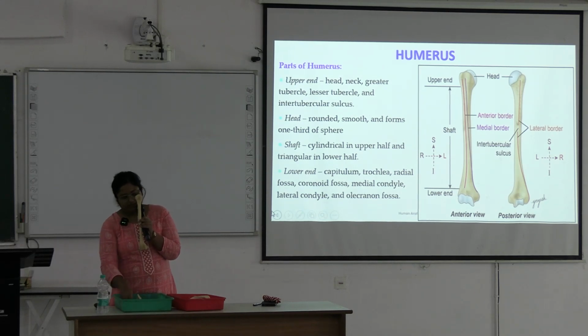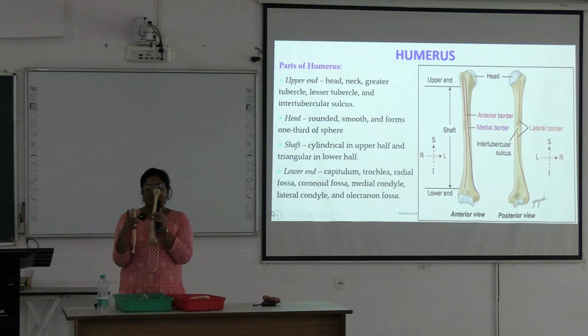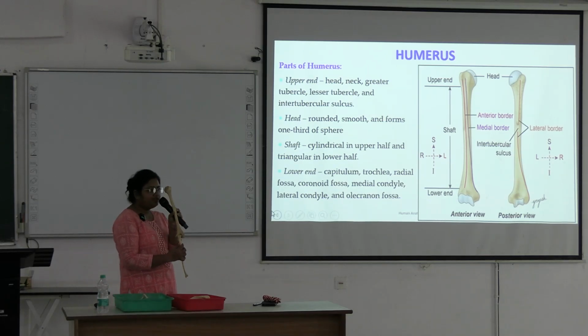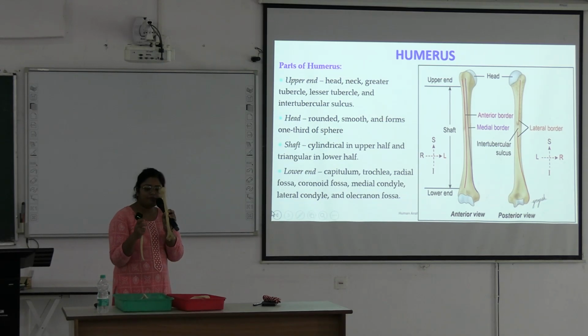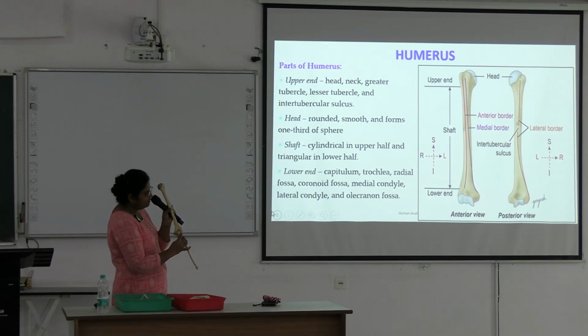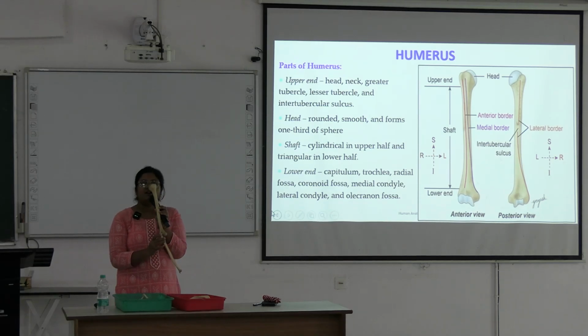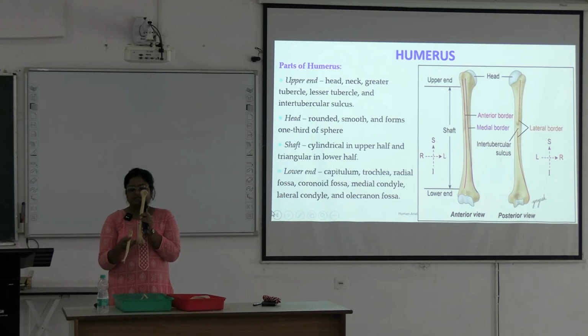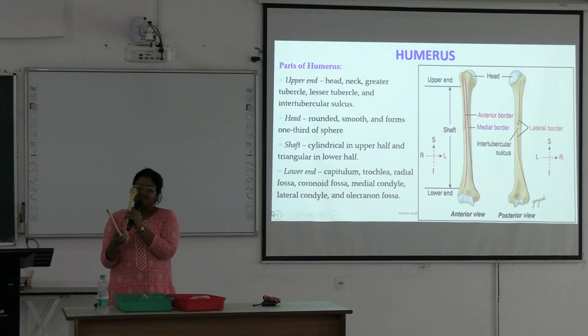Okay. And this is ulna. Ulna has a trochlear notch. This trochlear notch articulates with this trochlea of the humerus. In extended position, this olecranon process, this upward projecting process, is olecranon process of ulna. This olecranon process lodges within this olecranon fossa on the posterior aspect of the lower end. And in flexed position, this forward projecting process is coronoid process. This coronoid process lodges in this fossa just above the trochlea. That's why this fossa is named as coronoid fossa.